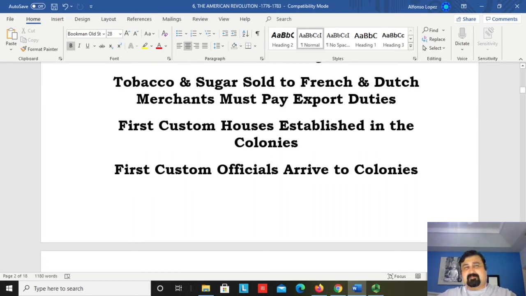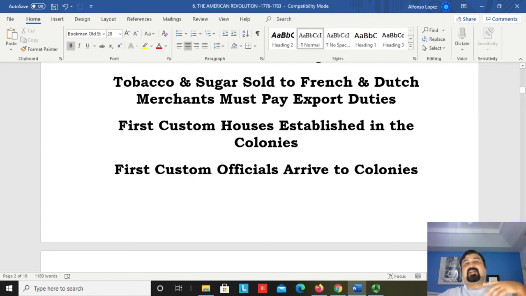They get their appointment back in England to go to the Americas, and their function is to make sure that the people are obeying the Navigation Acts and boarding the cargo on that special fleet system, etc. Again, even though there are customs officials, this is not to say that 100% of the time